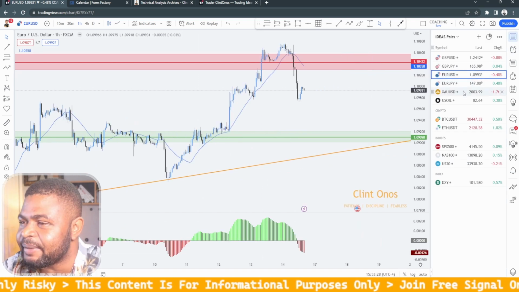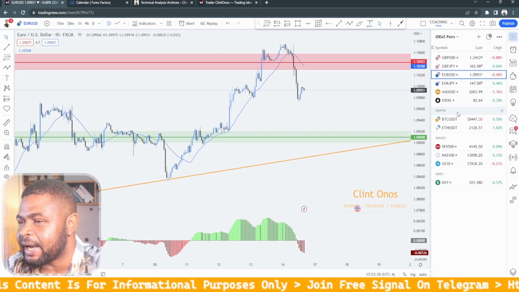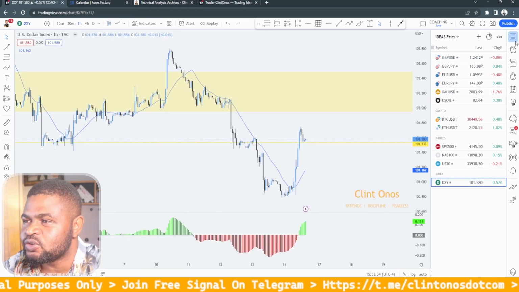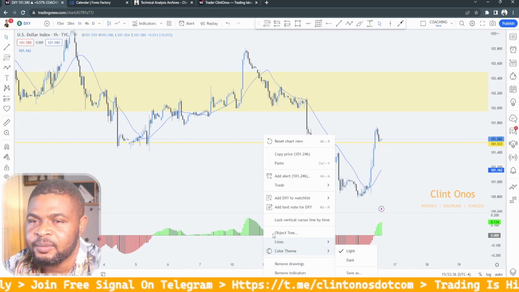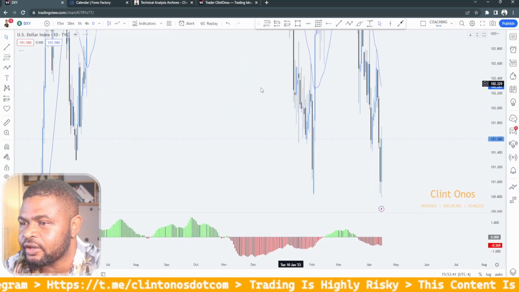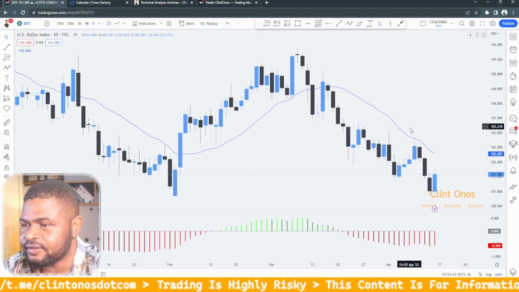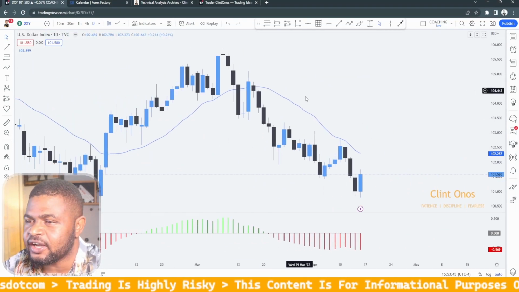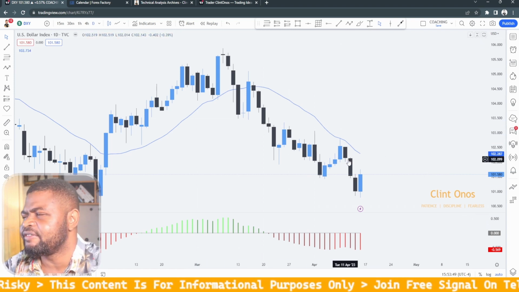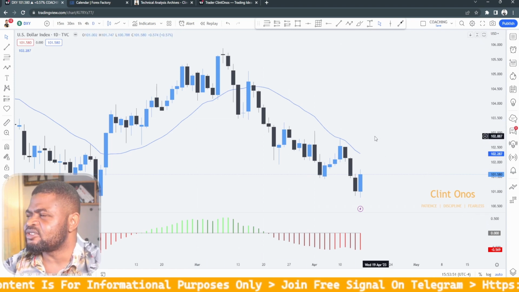By the way, I didn't do any markup for the DXY, but this is a previous markup from the daily time frame. We can see what it's doing. This is going to be quick because time is fast spent. All right, so we can clearly see the DXY is bearish at the moment, not very bearish, it's bearish, considering the fact that